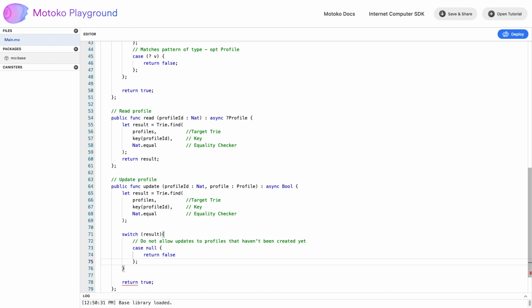So if there is no profile, then we will not allow an update to be written. But if there is one,